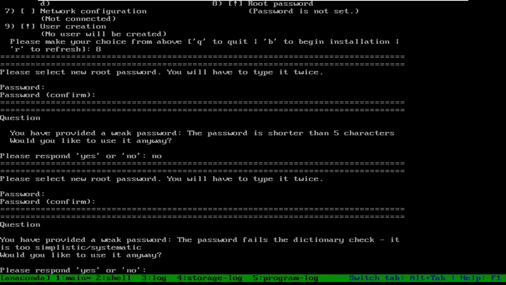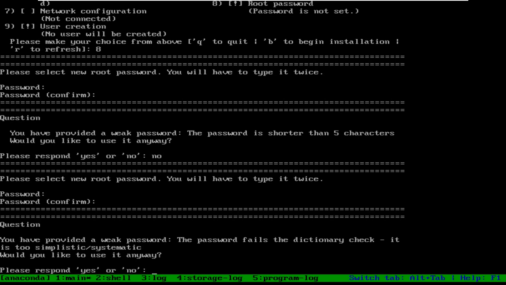Would you like to use it anyway? Now you know that this ABC@123 is also very simplistic and systematic. In the world, everyone knows about this password. So it is not good to have this password unless it is a complex password. It is more than 5 characters, but it is still a very simple password.